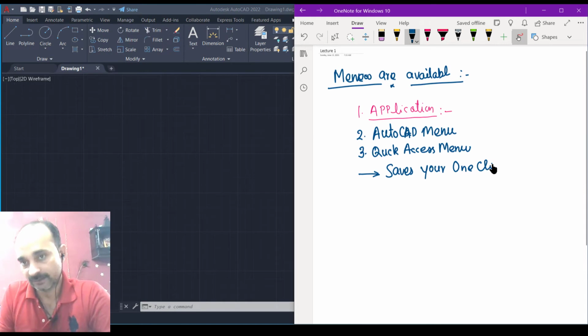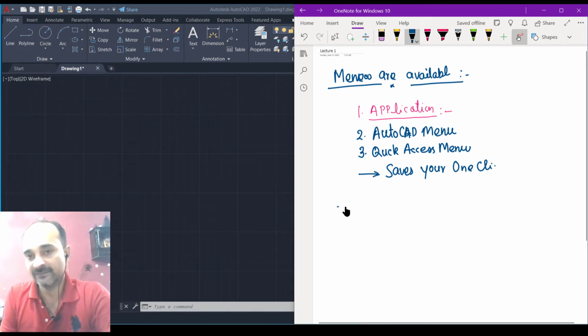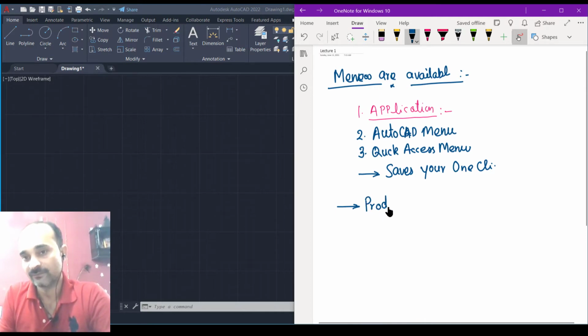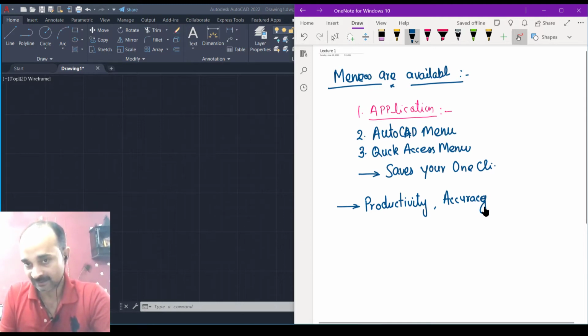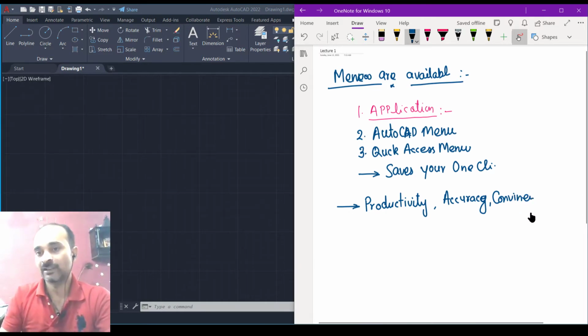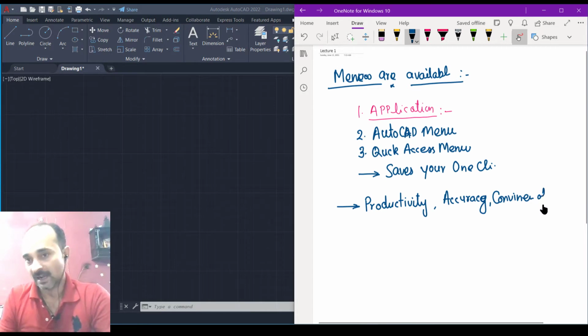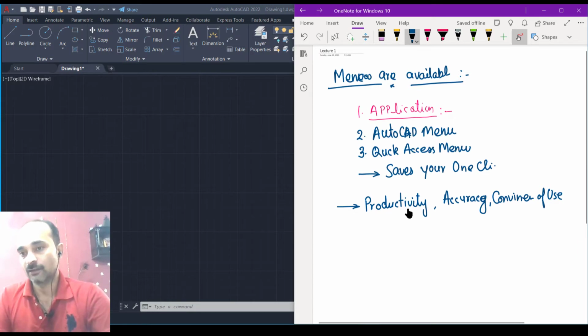Basically, what it does is save your one click. AutoCAD is created for productivity, meaning saving time, and for accuracy, so that you can present your design intent accurately, and at the same time for convenience of use.